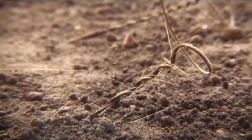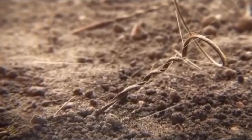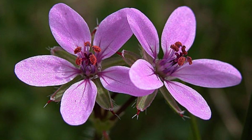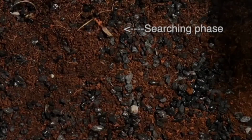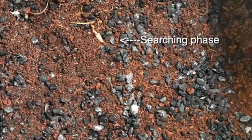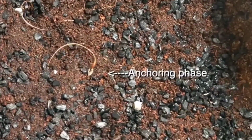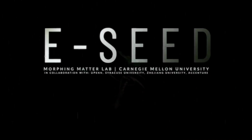seed. Once the seeds are nestled in the soil, they absorb moisture and begin to germinate, sending their roots deep into the ground. As the plant grows, it rewards us with its beautiful pink flowers, attracting pollinators and continuing the cycle of life. But the one-tailed version found in nature only works well in soils with crevices, so the scientists